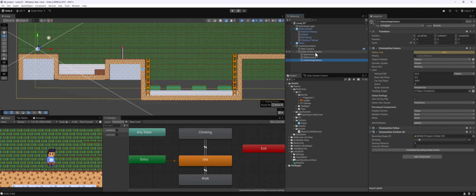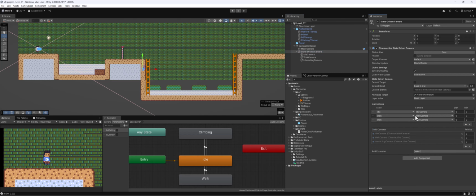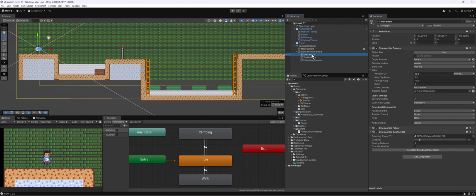So let's go back to our state-driven camera here. I'm going to go ahead and add climbing here, and then I'm going to add my interacting camera. And again, you could make another state here if you want, just called talking, and then you could just use interacting camera. That's just like a hyper zoomed in state. So here's our idle here. We can take a look at this. If we click solo,